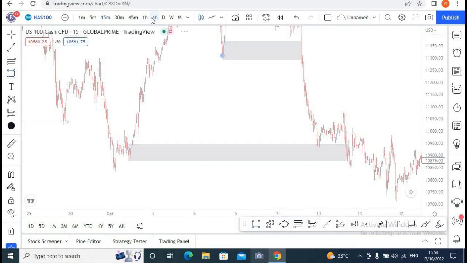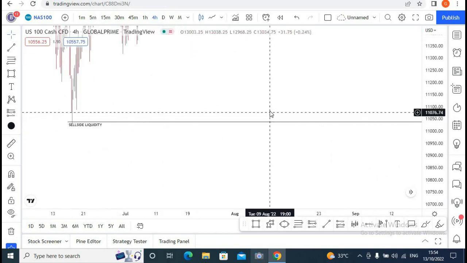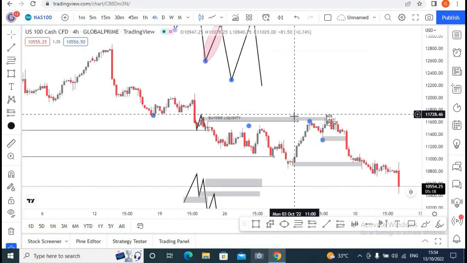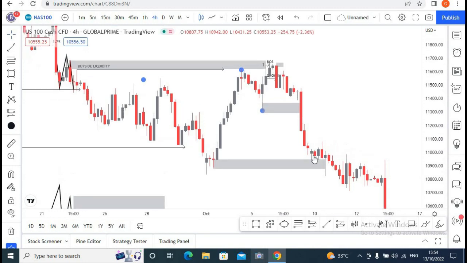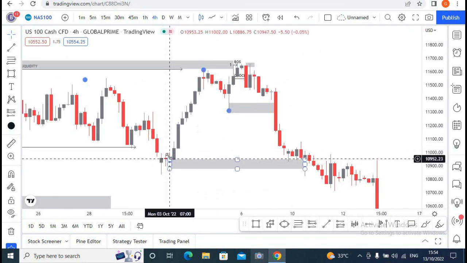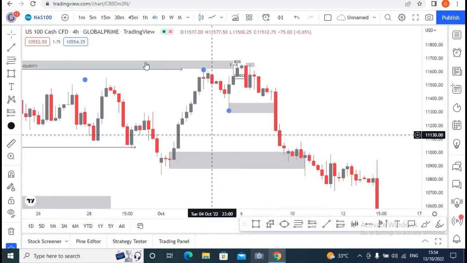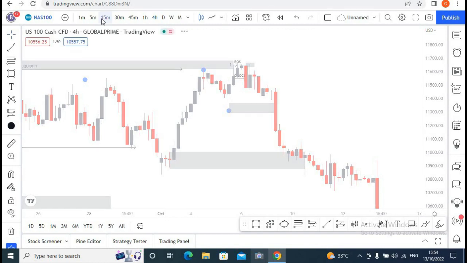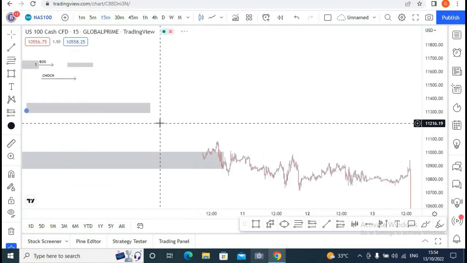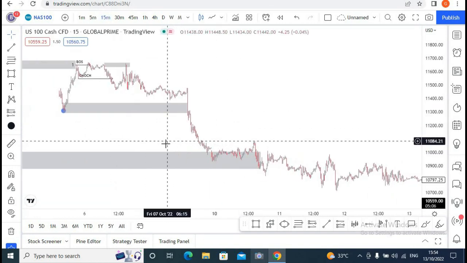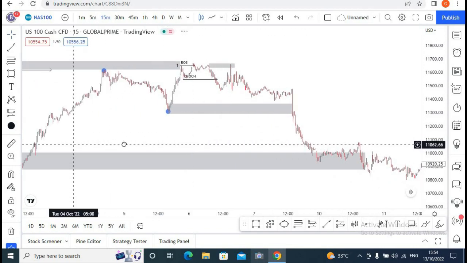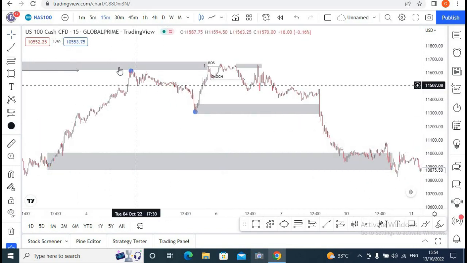If we go back in H4 time frame, we now have something like this. Let me just rewind it. Okay, we now have something like this. As you can see, this was our demand level right there in H4 time frame. Now let's go back to our 15 minutes time frame, right? So if you come back to a 15 minutes time frame, this is where you'll be waiting for,